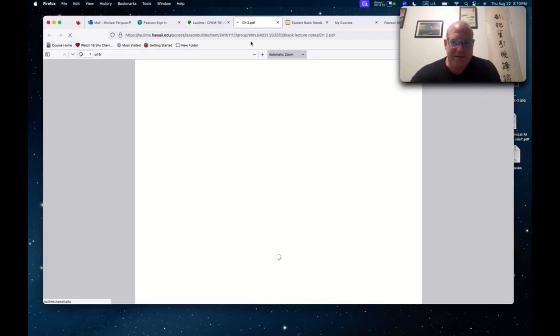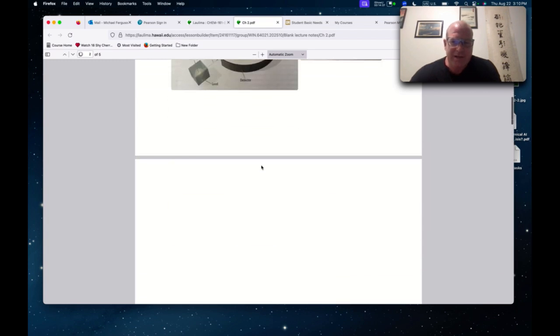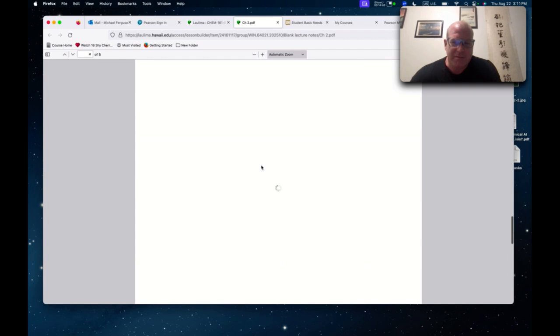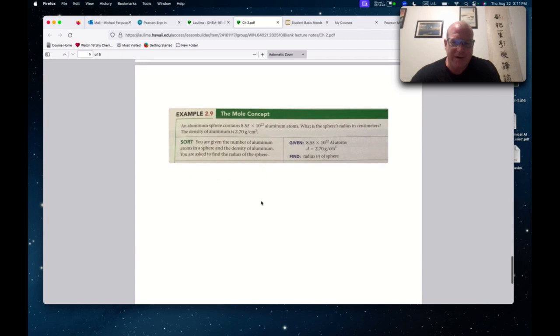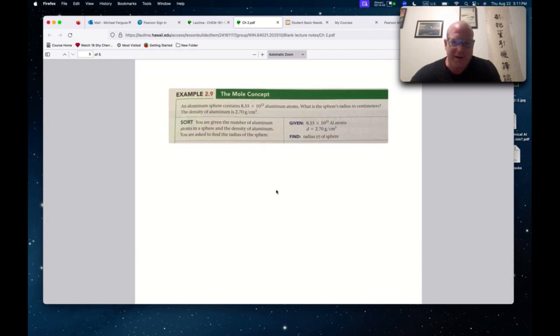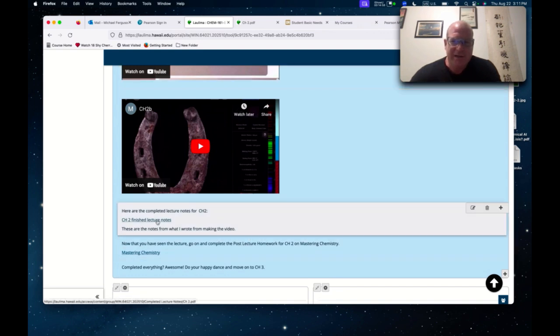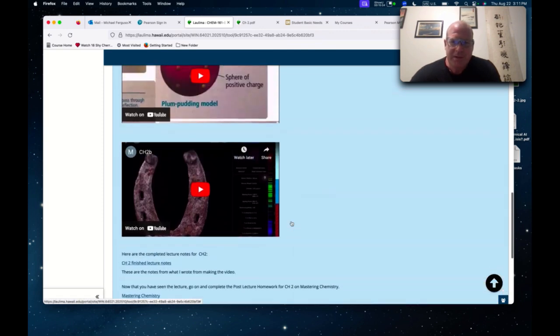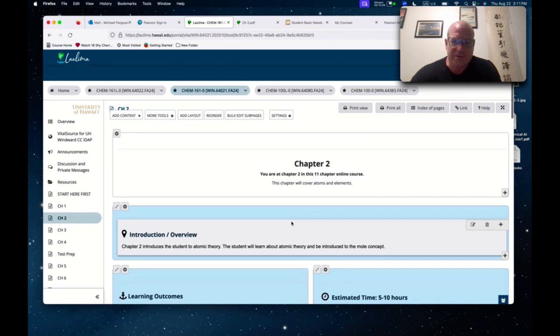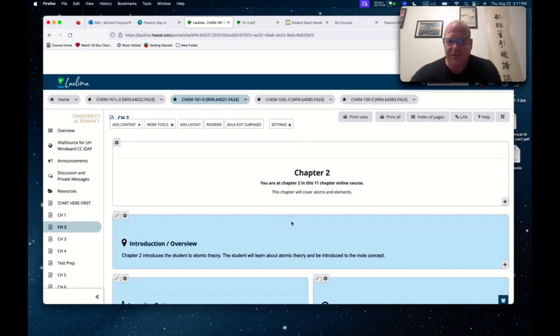And I can see it's just taking forever. Here we go. It's loading. This is more like, do I have any of the problems? When I'm working out a problem, you can follow along as I'll be writing on here, and the script will appear on the screen. And then if you want, you can follow along with the guided notes. And then I have the finished lecture notes here, which is what I used when I made the lessons.